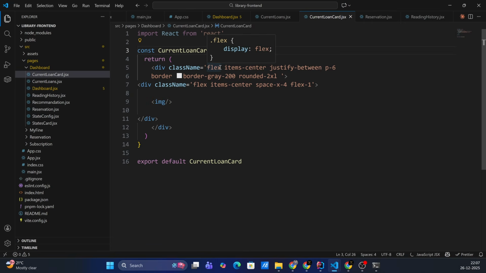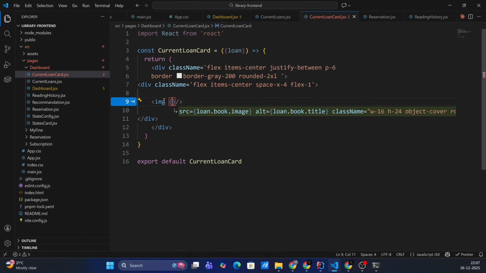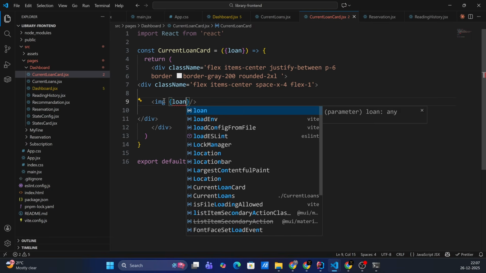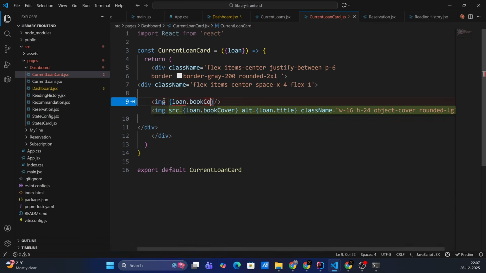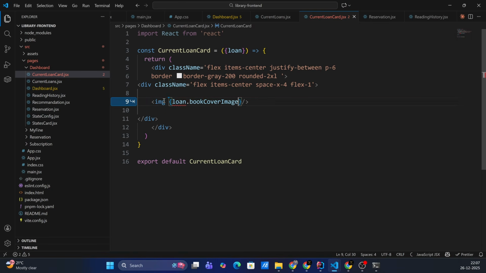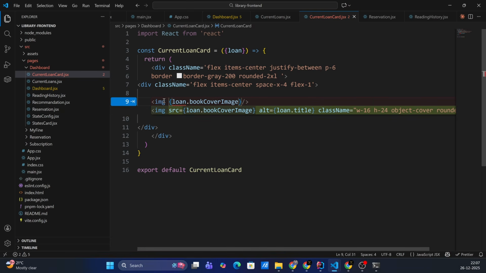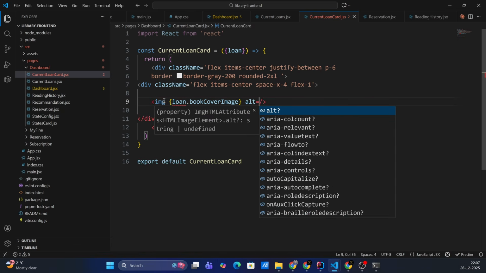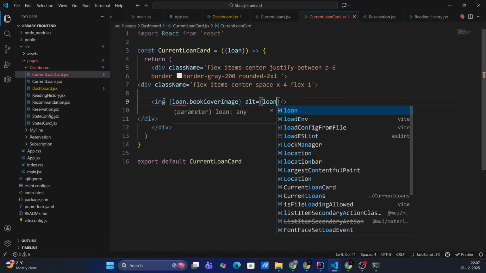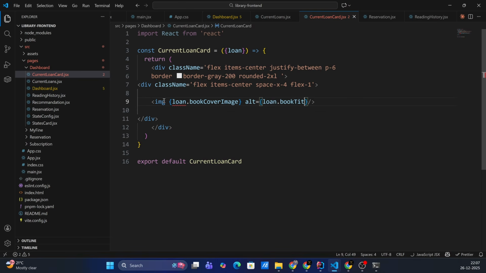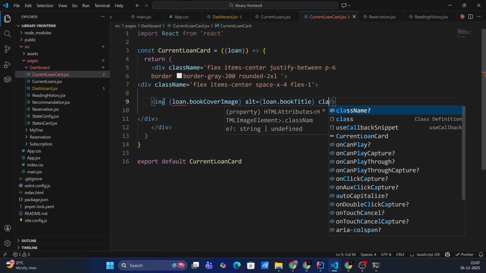Receive here loan and use loan dot book cover image. Alt equal to loan dot book title, finally class name,